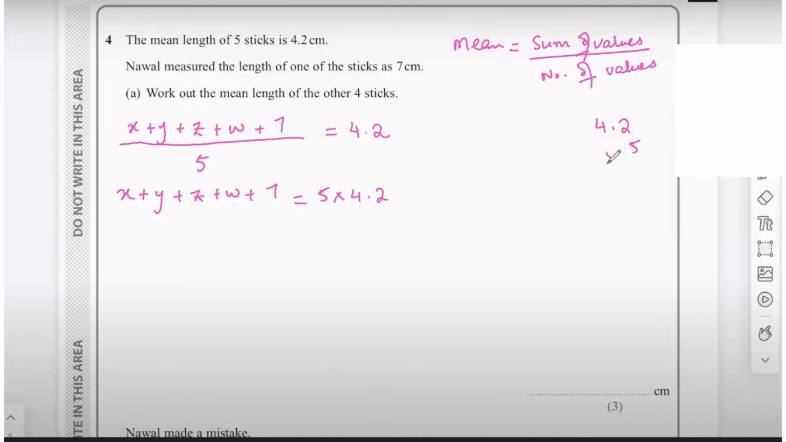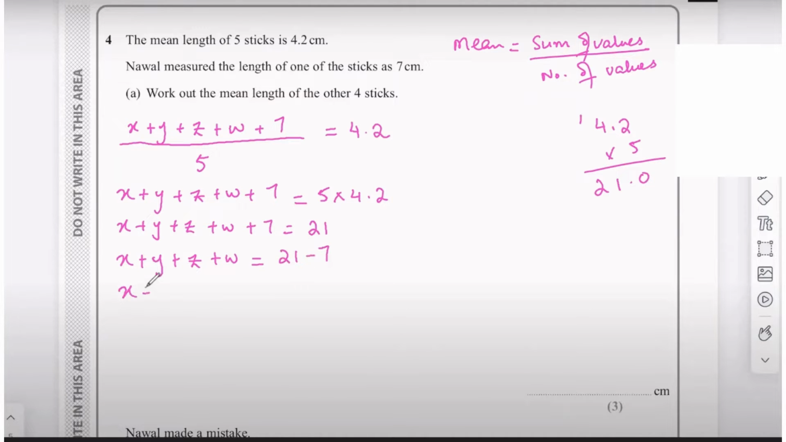Now 4.2 times 5: 2 5s are 10 and 4 5s are 20 plus 1, 21. So this is going to be 21. Now we bring 7 to the other side to find the value of the sum of these 4 lengths. So 21 minus 7, and that's going to give us